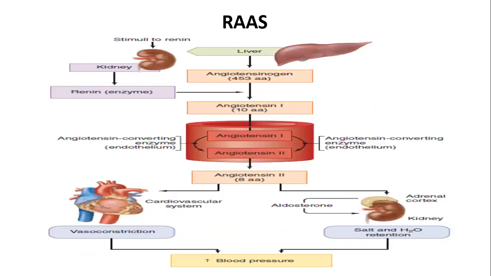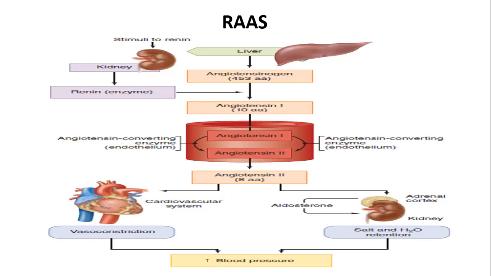Now, this is just trying to show the RAAS system. The RAAS system basically talks about what happens when your blood pressure is not normal. For example, it has to do with what can get your blood pressure back to normal, or increase your blood pressure, for example in case you are dehydrated, or in case you have a condition that leads to low blood pressure. So this diagram talks about